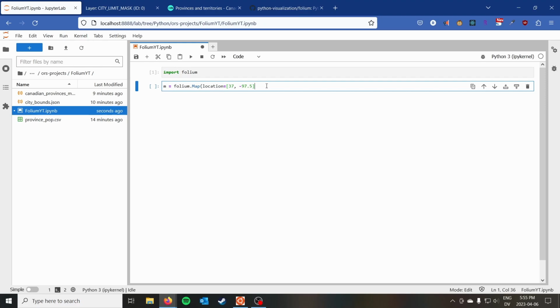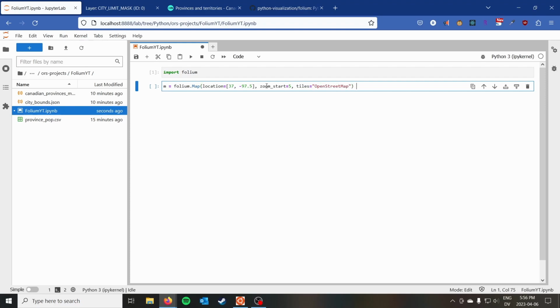So we're going to start off doing some initial plotting around the United States, and then in a final example we'll do some plotting around Canada, but you can plot your stuff anywhere in the world that you choose. However, this is going to determine the location that the map is centered on when it first shows up. Of course, the user can move it around. We're going to do a zoom start level of 5. 5 is quite zoomed out, but most of the US is going to be visible when we're at zoom level 5. And I'm going to specify that tiles equals